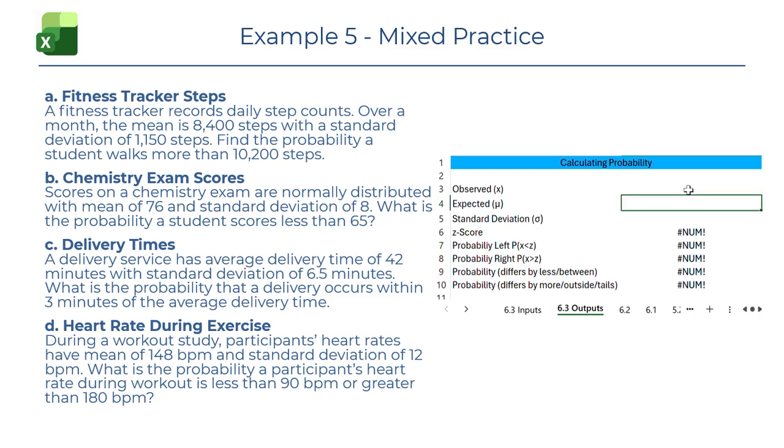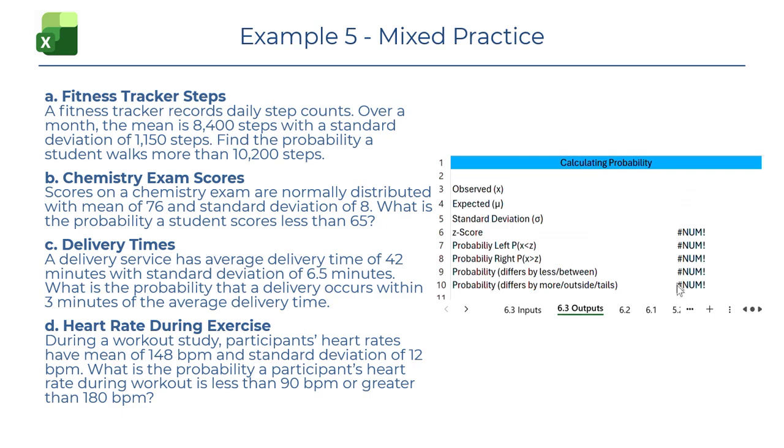A delivery service has an average delivery time of 42 minutes, so that's the mean, with a standard deviation of 6.5 minutes, so that's the standard deviation. What is the probability that a delivery occurs within 3 minutes of the average delivery time? So we're going to again take our expected and subtract 3, and we're looking for within, which is between, so